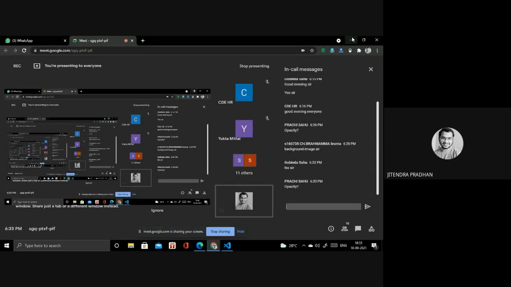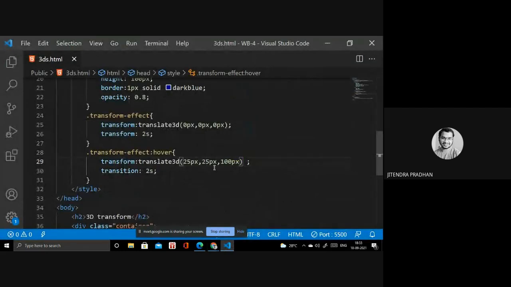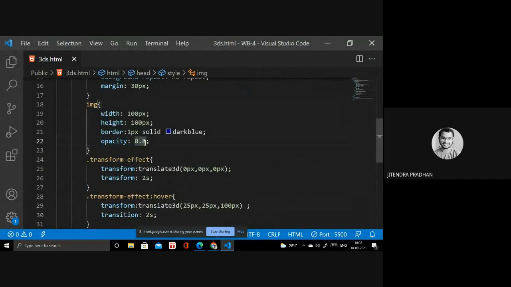Opacity. Opacity we basically use for a transparency effect. If you want a fog effect, as we call it in Photoshop, like in the winter season when there's fog around our house or environment and we cannot see anything clearly. If you want to apply that to any picture, you can change it to something like 0.5.